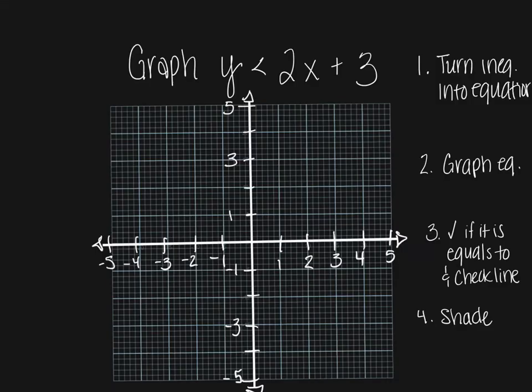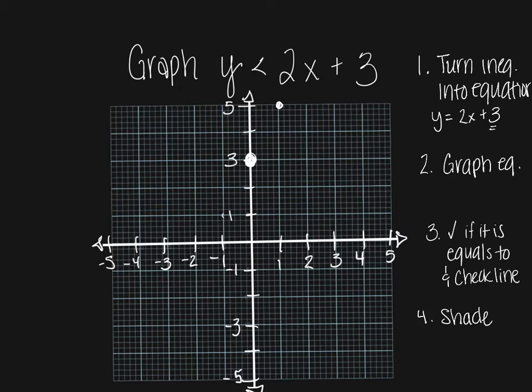All right, we're going to look at graphing y is less than 2x plus 3. And we're going to do this through the following 4 steps. The first thing that we want to do is turn our inequality into an equation. So we're going to take y is less than and make it y equals 2x plus 3. And we're going to graph this. And remember, I graph this by starting with my y-intercept. That's over here. And I have a slope of 2, which is the same as up 2 and over 1,